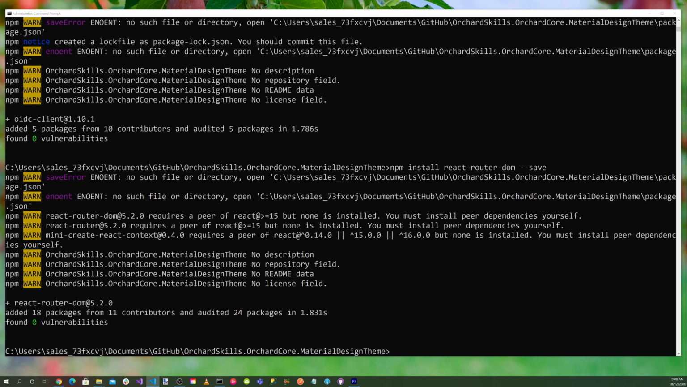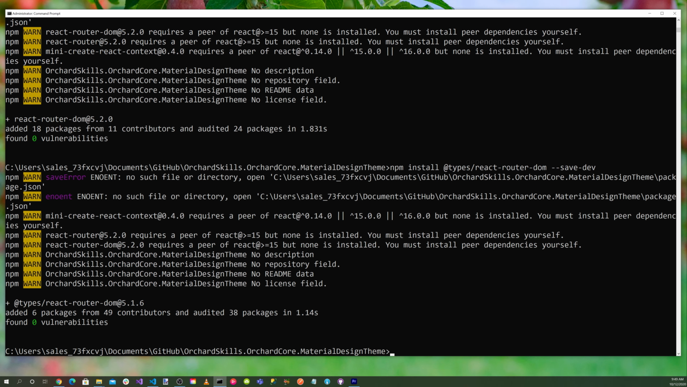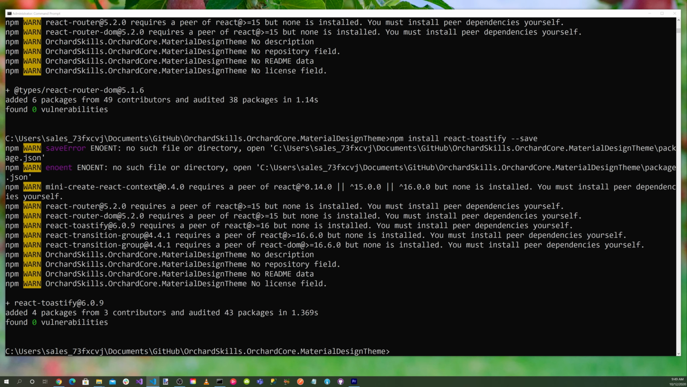And we will also need the TypeScript typings for that. So let's do an npm install @types/react-router-dom --save-dev. Let's go ahead and install React Toastify for toast notifications. And that's an npm install react-toastify --save. And let's also install the TypeScript typings for that. That's npm install @types/react-toastify